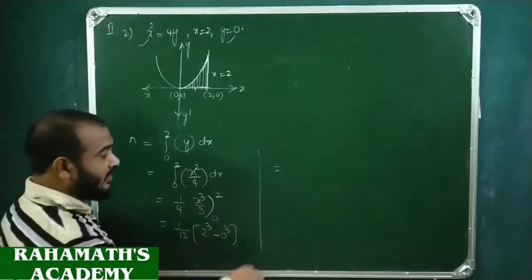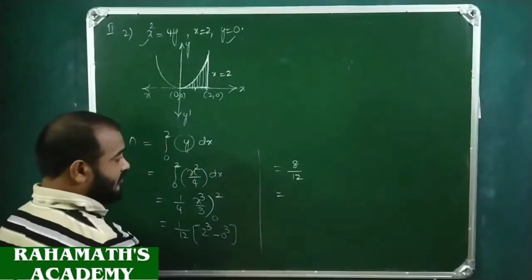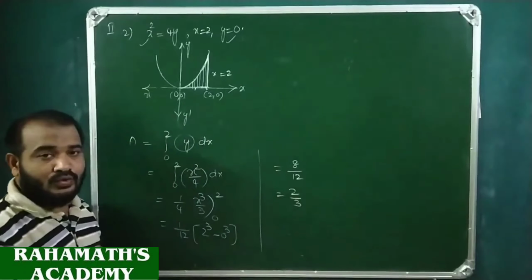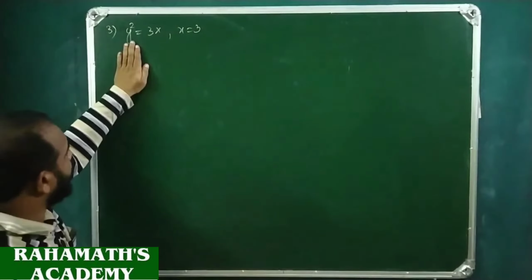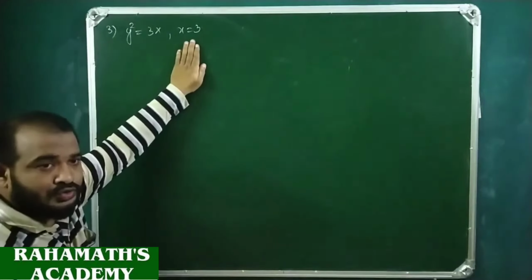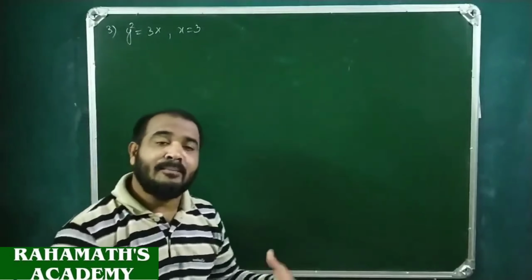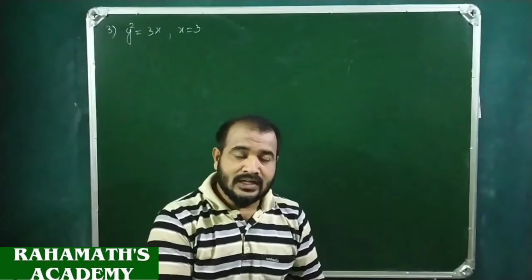This is equal to 2 cubed is 8, 8 by 12. So if you cancel 4 2s, 4 3s, it is 2 by 3 square units. Next: the area of the region bounded by y square equals 3x, x equals 3. Let us quickly analyze. Y square equals 3x is a parabola. It is of the form y square equals 4ax. It is the standard